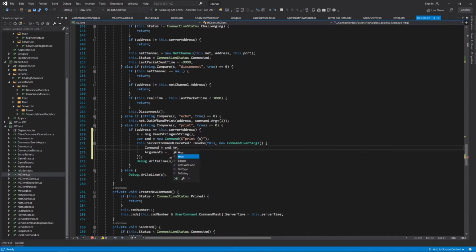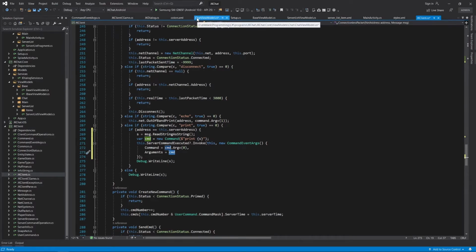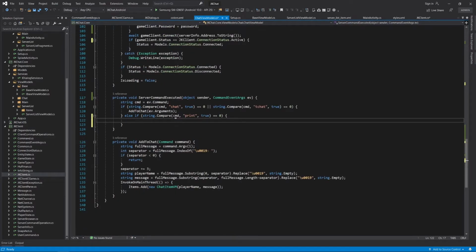argv 0 and cmd. So command is the first argument and the rest of the arguments are just command instance. Okay, then we go back to ChatViewModel, we catch this event,